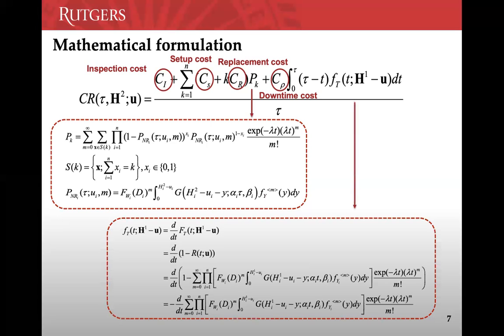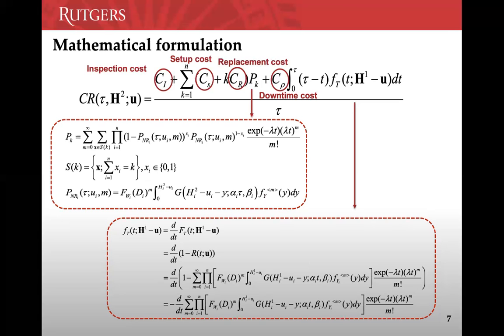So we need to find this expected time. In this case, I need to use the probability density function of the failure time when all the components start from the initial age and their degradation is above H1. Then, by having this maintenance cost rate as the objective function of the optimization problem, I can solve it and find the maintenance decisions, such as the inspection time and